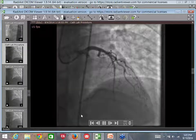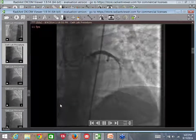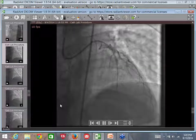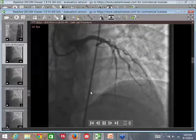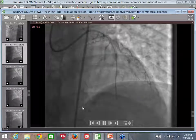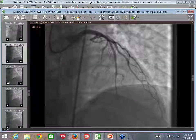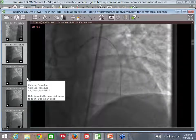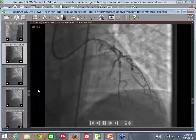Now this is where the decision was made to pass an IVUS and see if there was or not a myocardial bridge at the extent, and document where the false lumen of the dissection was, and if it was or not a part of the problem. When you have a dissection and you cover only the beginning of the dissection, you have to think that the false lumen is basically subadventitial or external hematoma,